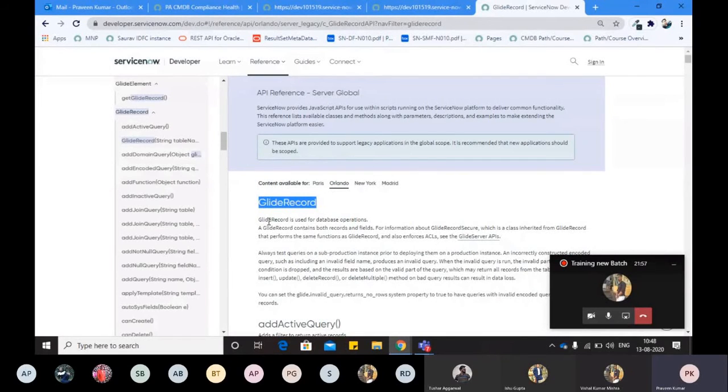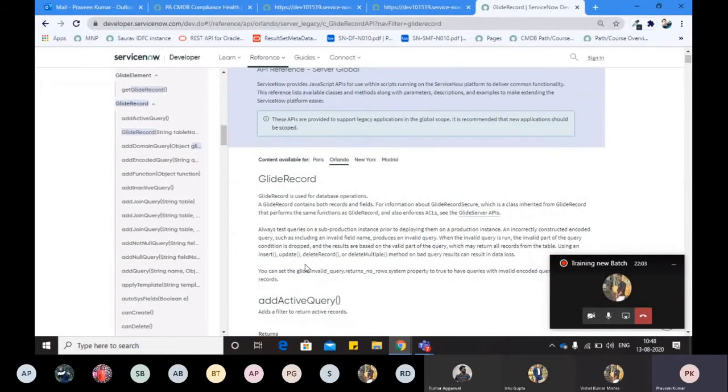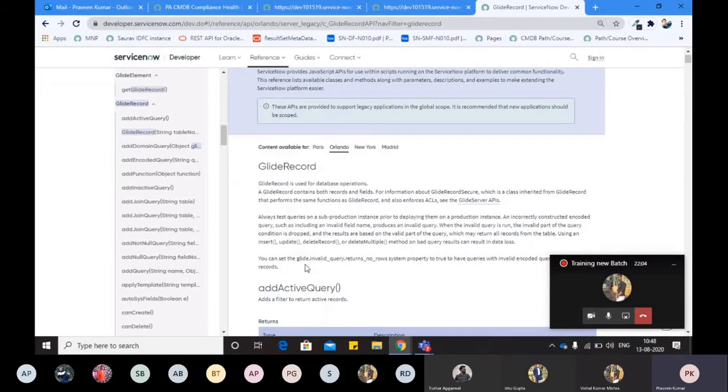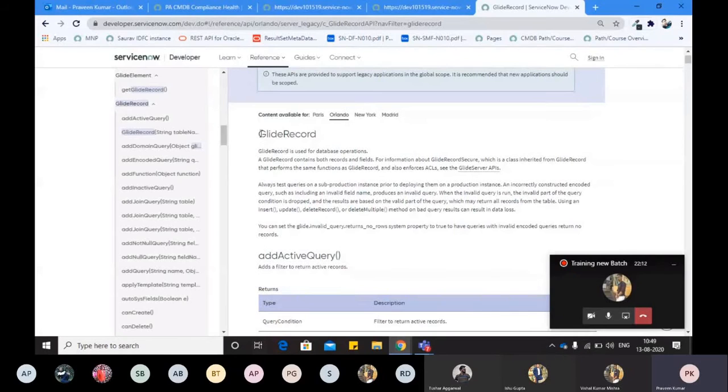But in ServiceNow, most of the things are covered using these Glide APIs. When we want to update the database, read something from it, delete something from it, or insert something into it, all the operations are performed directly with Glide Record. No database connection is required, no database session, no database name, configuration or connector. We directly use Glide Record, and it automatically does everything for us.